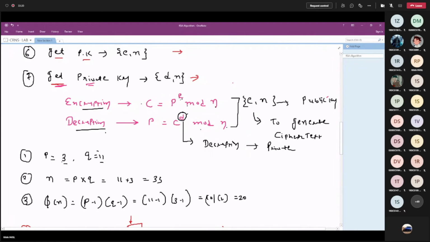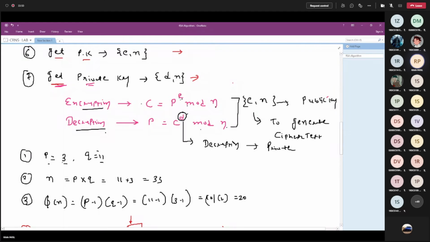Okay. So the very first step, assume P and Q, which are prime numbers. In the real system, you can have large numbers. To calculate this easily, we have selected small numbers. But anyhow, it is going to work with large numbers also. If you select large numbers, it will be complicated, and if it is complicated, it will be very difficult for the attacker to get the key.